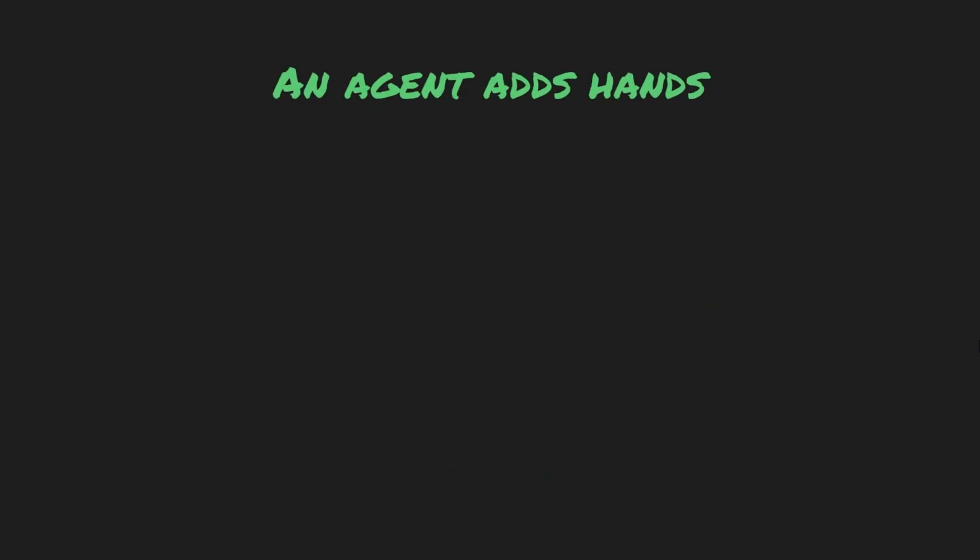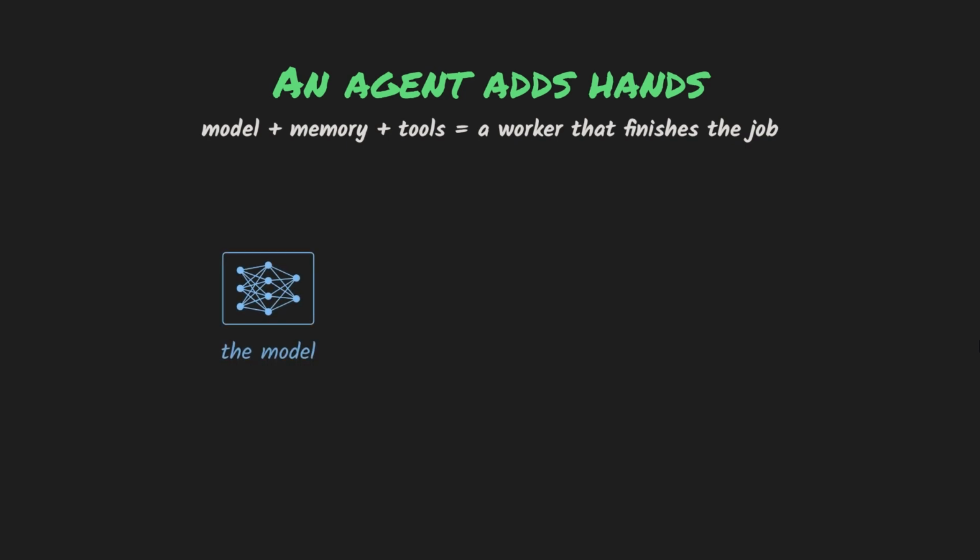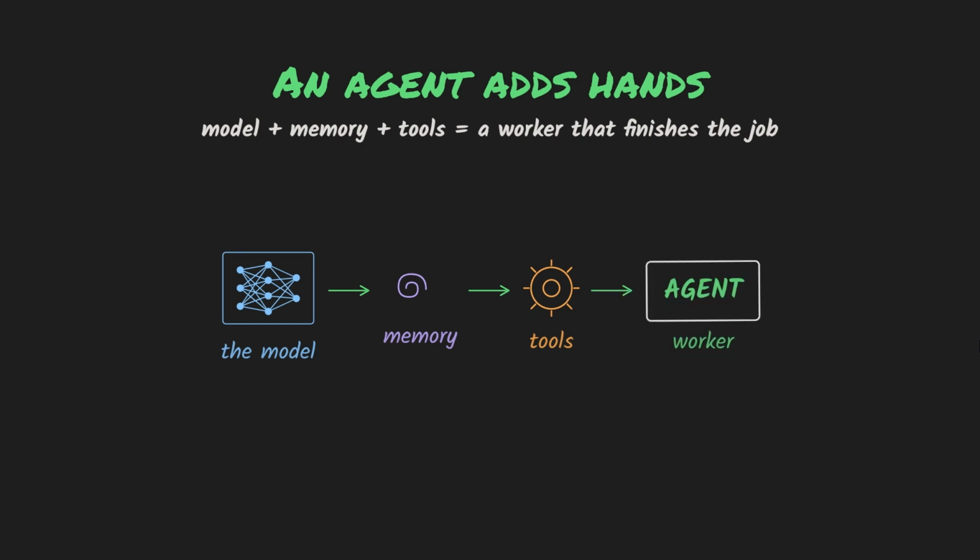An agent is basically a wrapper around that model that gives it the ability to act. It has memory, so it remembers what you told it earlier in the conversation. It keeps working, checking, and adjusting until the task is actually done, instead of answering once and stopping. And most importantly, it can use tools, which are just small pieces of code that let the agent talk to something outside itself, like a website, an app, or a database.